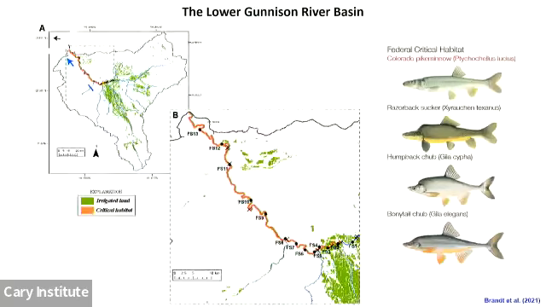This river is impaired, and the lower segment, highlighted in orange, is federal critical habitat for several species of fish, including the Colorado pikeminnow, which is maybe the most important culturally and ecologically in this system. It's a very long-lived migratory species, and its numbers have been greatly reduced. And so the motivation for this project was,